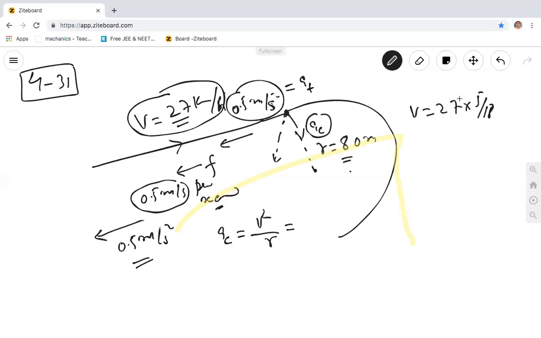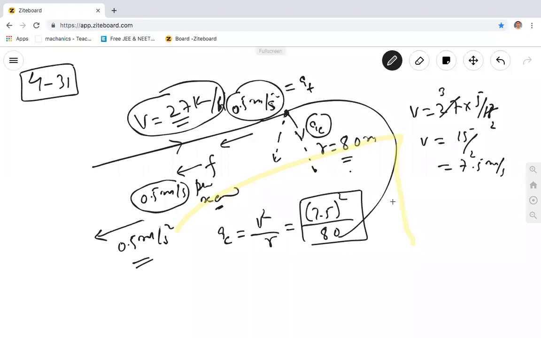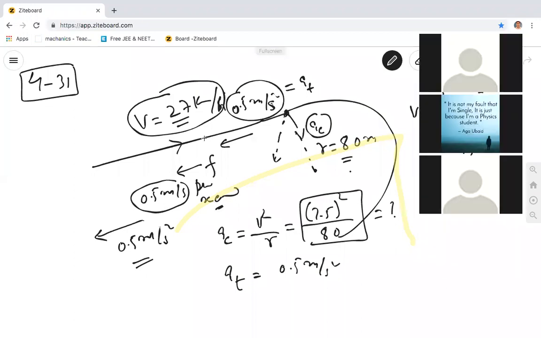V is equal to 15 by 2, that is 7.5 meter per second. It is 7.5 meter per second whole square by r, that is 80. You can find what is this AC. Now what is this? It is simply 0.5 meter per second square. He says he reduces the velocity at this rate. Therefore, the backward acceleration, backward retardation, when he applies